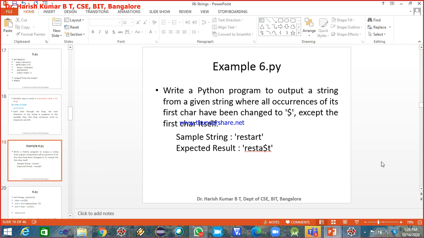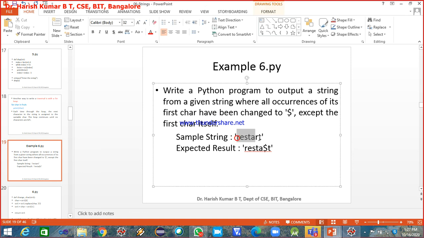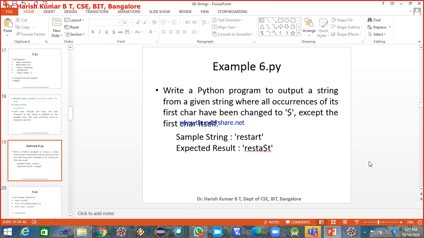Write a Python program to output a string from a given string where all occurrences of its first character have been changed to dollar, except the first character itself. Say for example, restart. Now I want all occurrences of R to be replaced by dollar except the first occurrence. Do this.